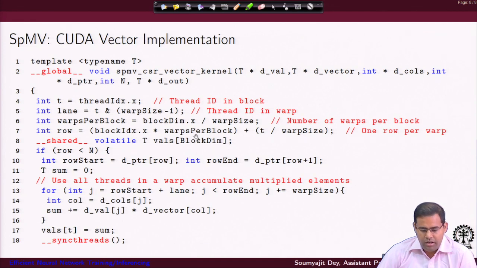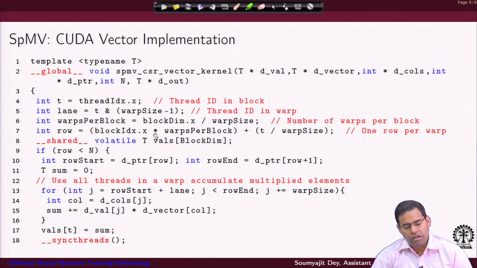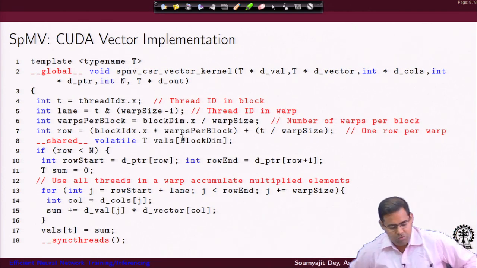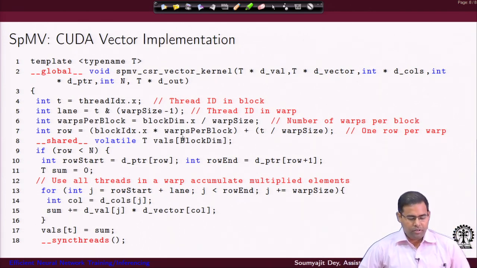Now, since I have figured out how many warps I really have, I multiply it by the block ID, that gives me how many warps are already done. I am only considering the current block, right. So, this multiplication gives me how many warps have already been covered by the previous blocks, and then I add the offset of t divided by the warp size.